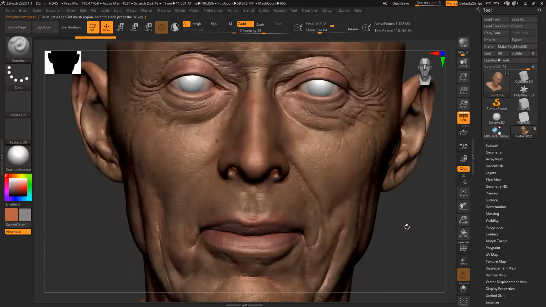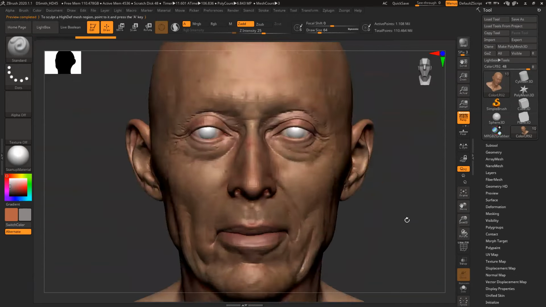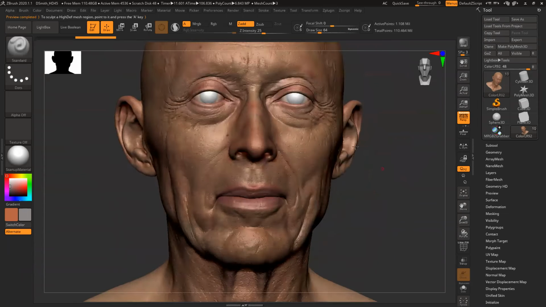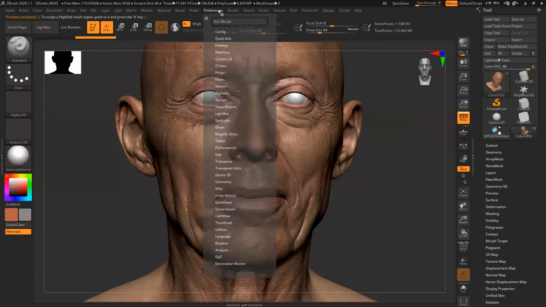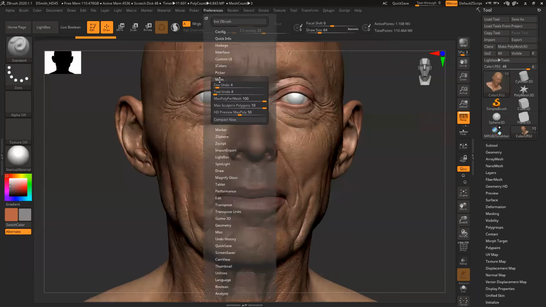So yeah, we're going to be learning this in the next classes, but for now, let's just switch to a couple of preferences in here, because one of the things I didn't cover in the past is the preferences. So I'm going to go to preferences in here, and then let's look at some important stuff. Under memory,